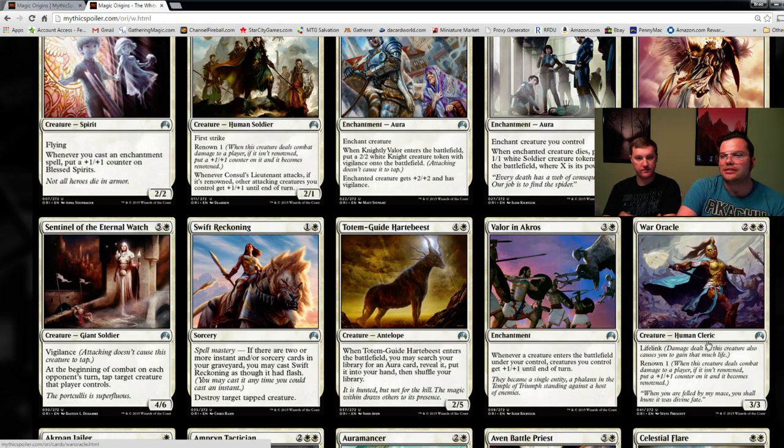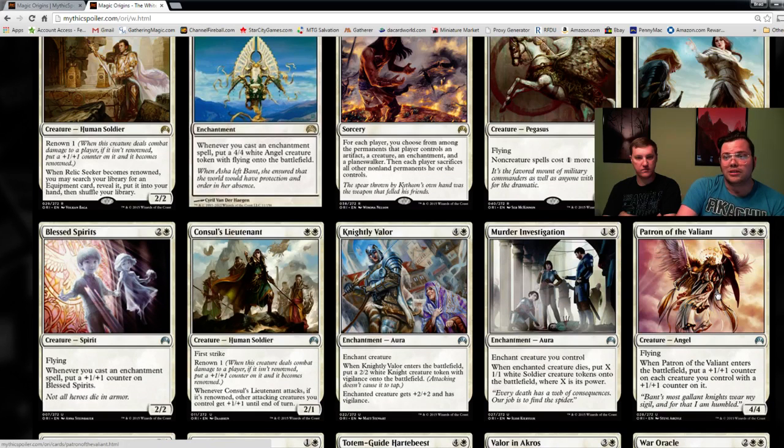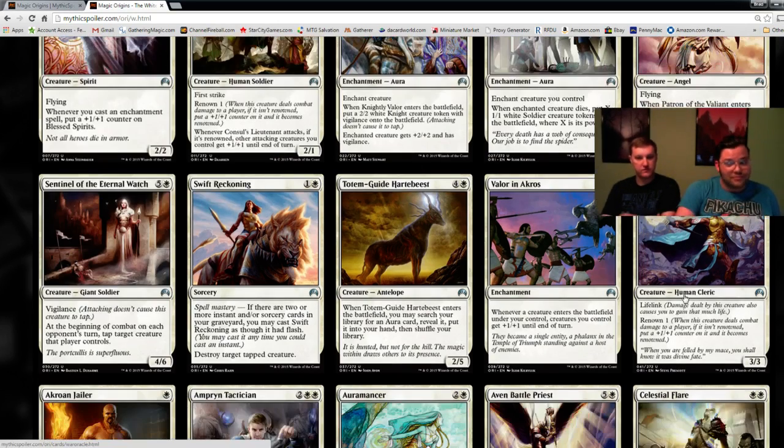this card doesn't necessarily stop up the board like Sentinel of the Eternal Watch, which I'd probably pick over it. But it's hard to say if I'd rather have a Patron of the Valiant, which is much more aggressive. I'd probably rather have the Patron of the Valiant, but not by a lot. Yeah, this is a very good 4 mana spell. It's a 3/3, so your opponent has to really commit something good to it and hope you don't have that combat trick. Now, they probably will, but...